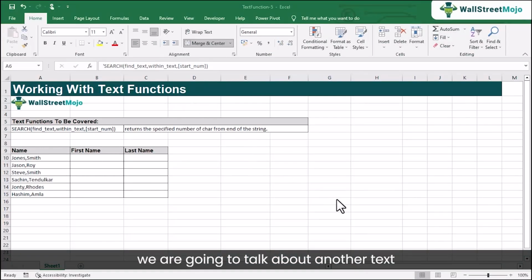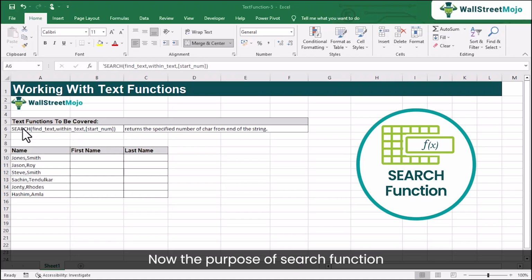In this module, we are going to talk about another text function called search. Now, the purpose of search function, as the name suggests, is to find text within a text. So if you have a text inside which you are searching for some text or a character,